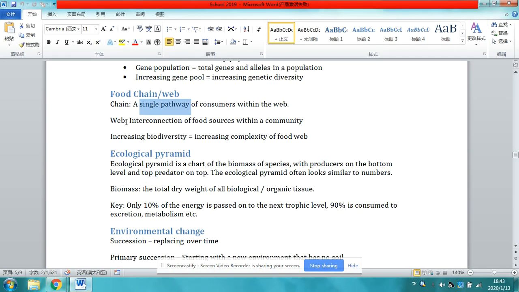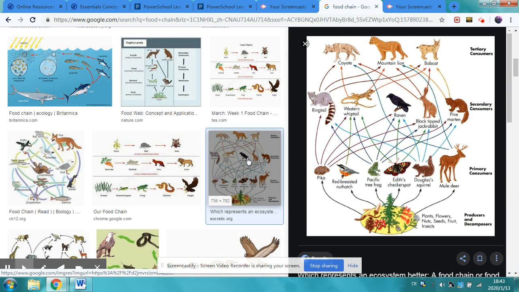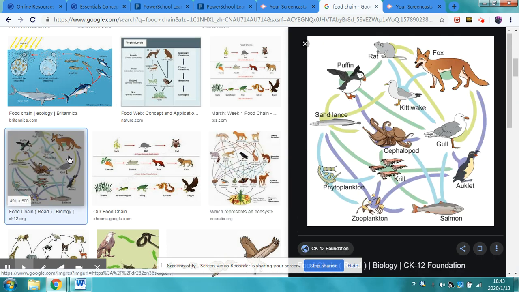We can go down to food web. Food web is basically interconnection of food chains. It's just a lot of food chains interconnected. And here we can find an example of a food web. This will be a food web because it's not a single pathway of consumers. It's a web, all interconnected, and they all have complex